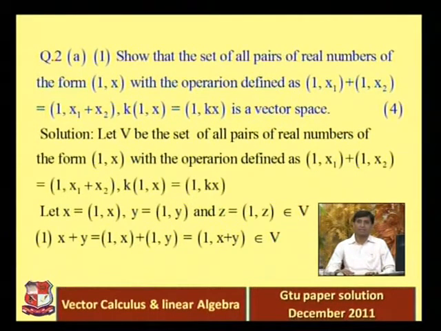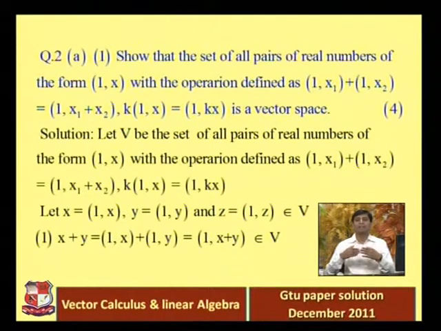The next 5 conditions are for scalar multiplication. The first condition is closure: for any alpha belonging to R, where alpha is a scalar, and u belonging to V, alpha into u belongs to V. Then (alpha plus beta) into u is equal to alpha into u plus beta into u. Alpha into (u plus v) is equal to alpha into u plus alpha into v. Then alpha into (beta into u) is equal to (alpha beta) into u, which is equal to beta into (alpha into u). And the last condition is 1 into u is equal to u. So this is actually the definition of a vector space that you should know.